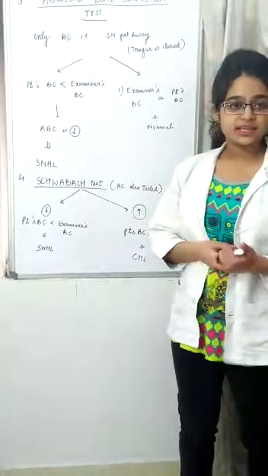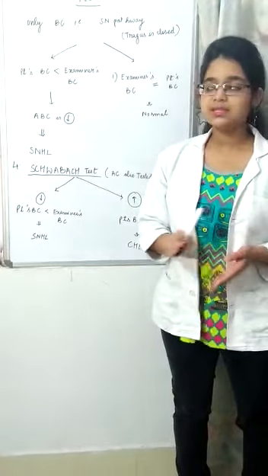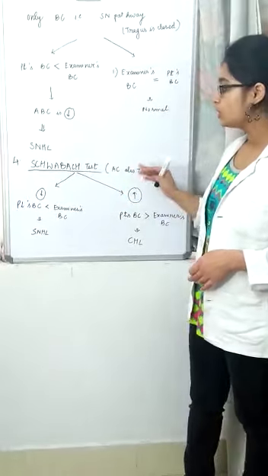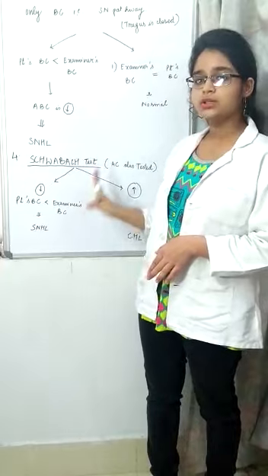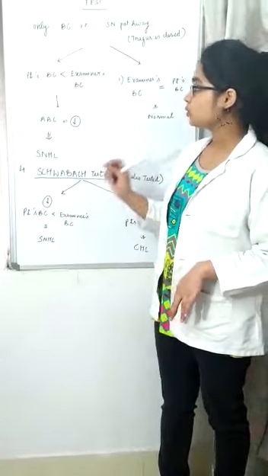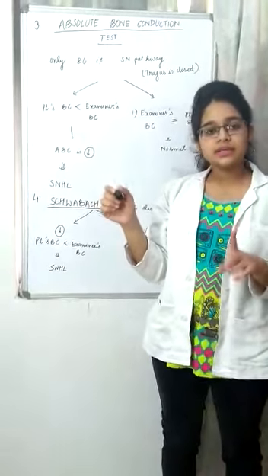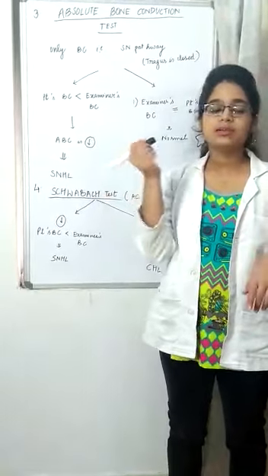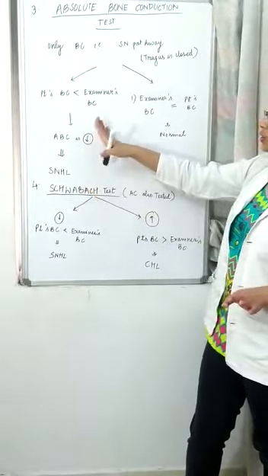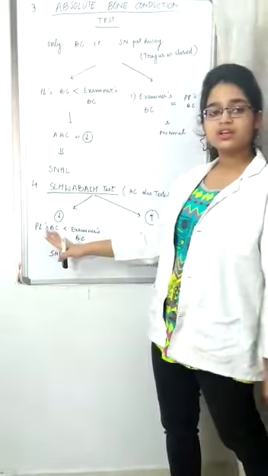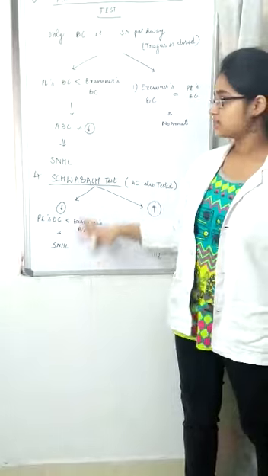Now we have another test, that is the Schwabach test. In this case the air conduction is also tested. That means we do not close the tragus here. This is similar to the ABC, just that the air conduction is also involved here, the conductive pathway is also involved. So we strike the tuning fork and place it on the patient's mastoid. The patient indicates and tells me, okay now I cannot hear, so I place it on my mastoid. If I can still hear, it is the same thing that we read over here, that is the patient's bone conduction is less than that of the doctor's or the examiner's bone conduction, and that is sensorineural hearing loss, as we have discussed before.